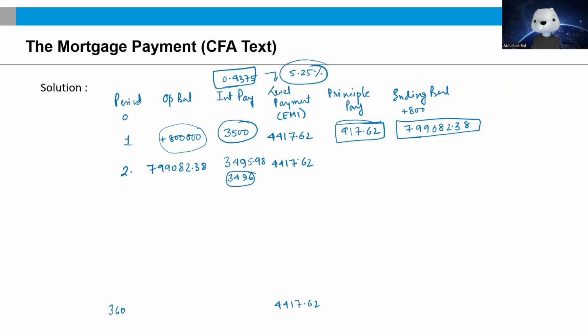All right, which tells us that the balance that is going to go towards meeting the principal repayment is going to be 921.634, which tells us that the closing balance of this loan is going to be